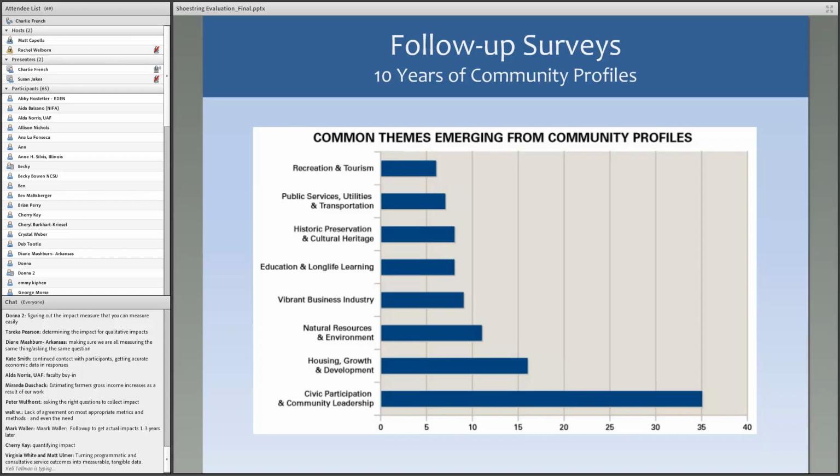But when we do particularly the long-term survey work 2 to 5 years out, what we find is that the most important outcomes are really the social outcomes. It's the ability for the community to generate new opportunities for people to come together. Maybe it's this idea of building social capital. Those things are actually more important, what we find in the longer term, to communities than the bricks and mortar things. Those bricks and mortar things oftentimes either A, they're not attainable because they're too expensive and they realize they're not feasible to get done, or oftentimes the community actually gets those done, and maybe those get done in the first year or 2. But they realize that the social outcomes are really what bind the community together in the long term.